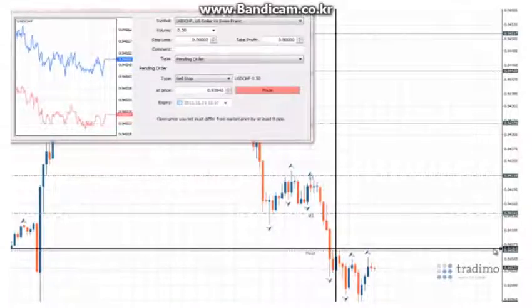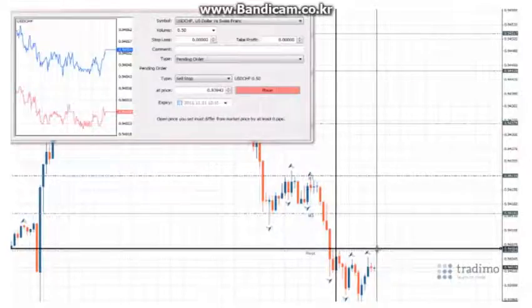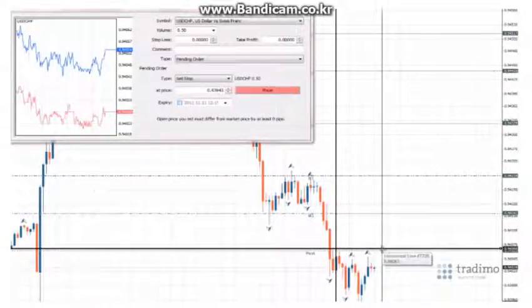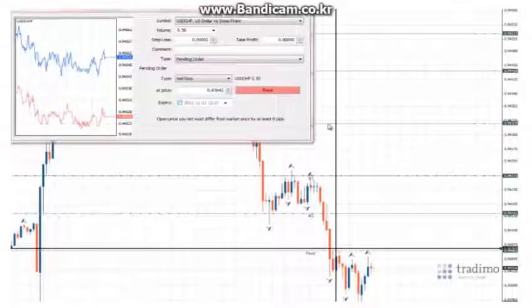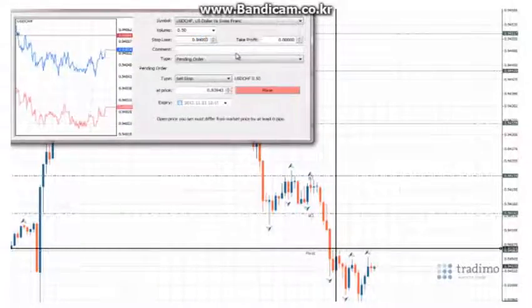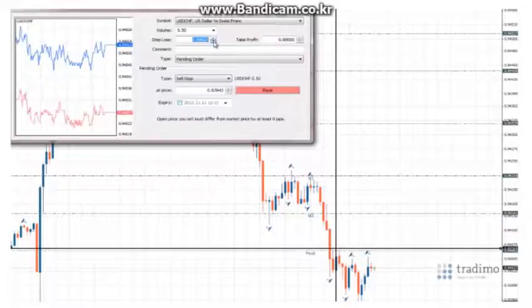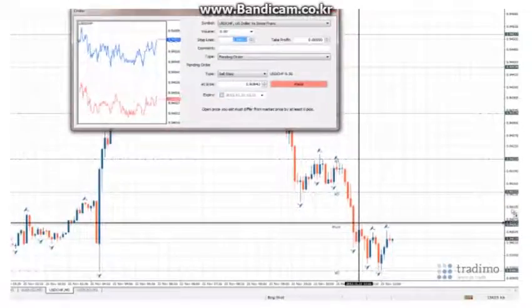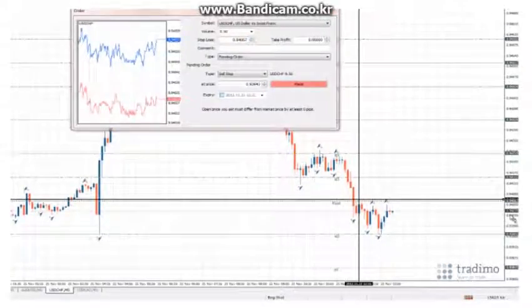The reason we place our orders into the order platform before the full fractal has formed is that price can move very quickly on a 5-minute chart, and you don't want to miss a good trade setup because it took too long to enter all of the orders into the platform. We have entered our stop loss at 0.94067. Our take profit is usually the next pivot point down, but because this is less than 5 pips away